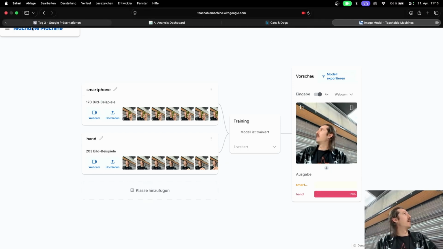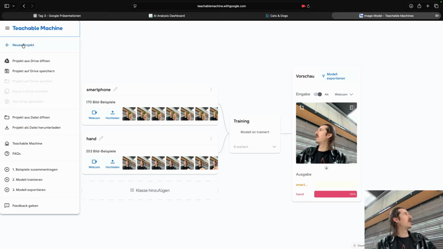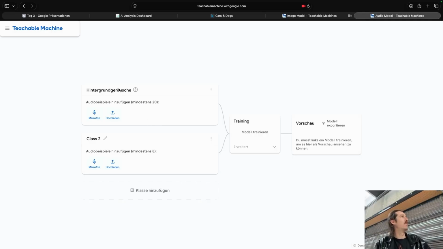And the interesting part here is also that with Teachable Machine, when I go to the first page and click on New Project, you can do the same with audio as well. So you can also do, for example, an audio classifier. I can say every time you hear this sound, it's a hello or whatever, right?